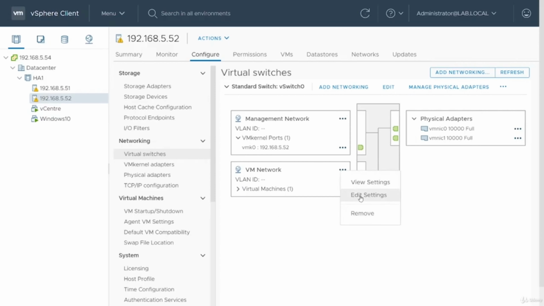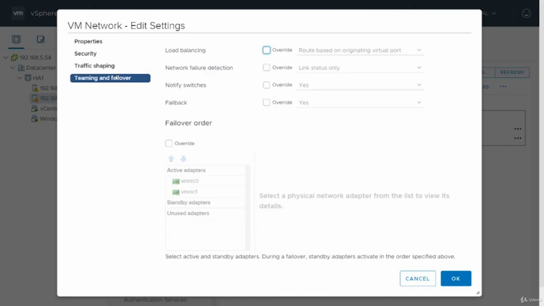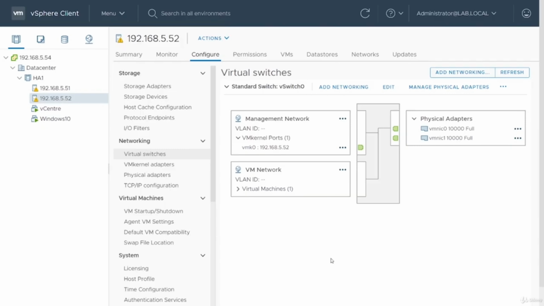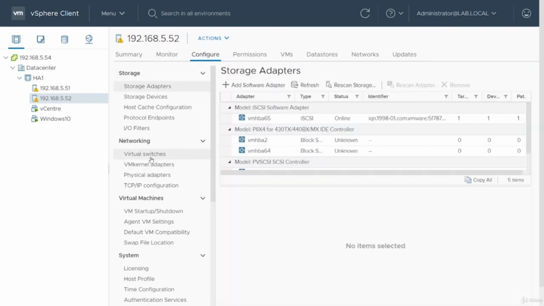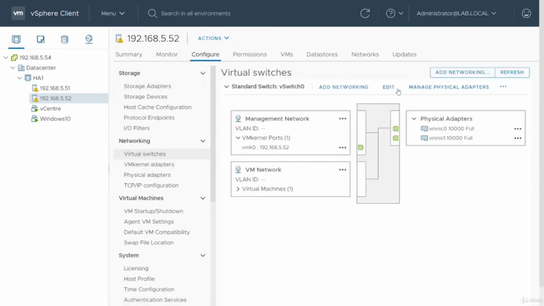Also take a look at this default VM networking one. You'll note that's all in default, so that will follow the configuration of the vSwitch. With that done, we'll now take a closer look at the other options on a vSwitch. So if we say edit,